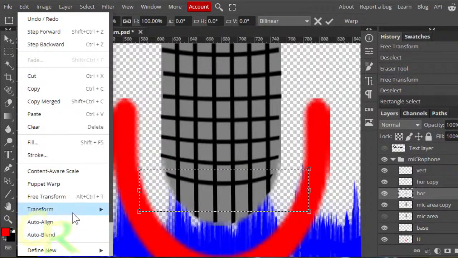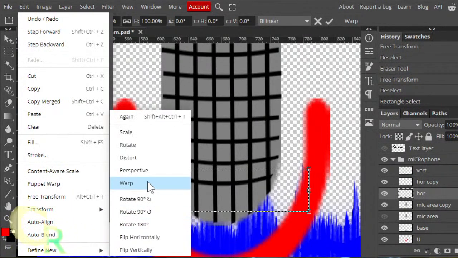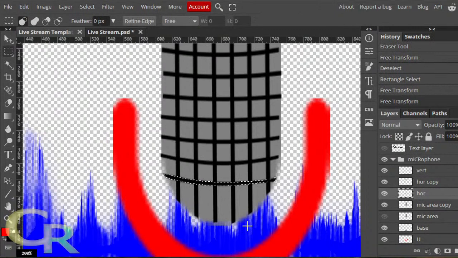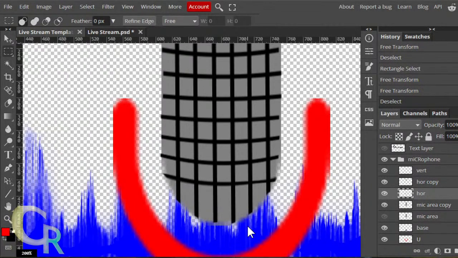Go to Edit, Transform, kind of warp back a little here. Control D and deselect. Yeah, that's okay. That's not too bad.